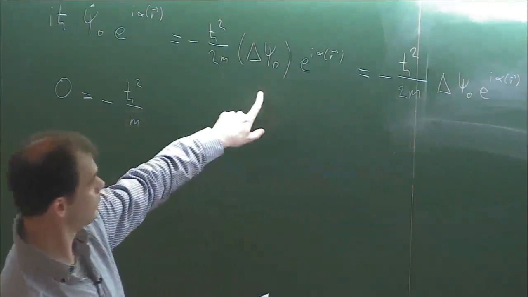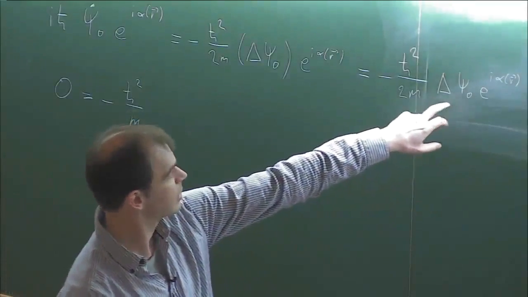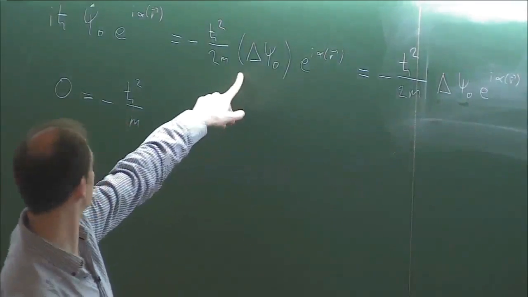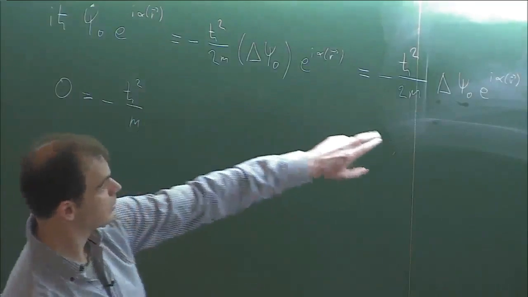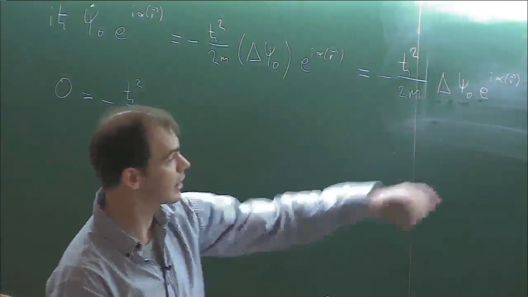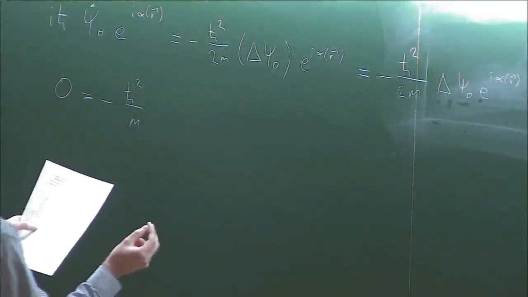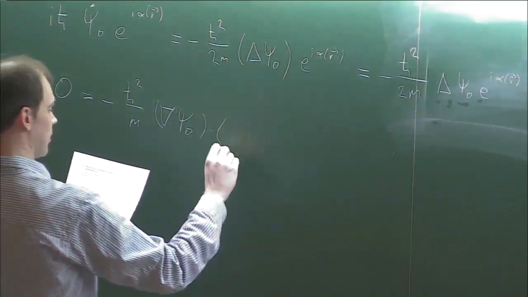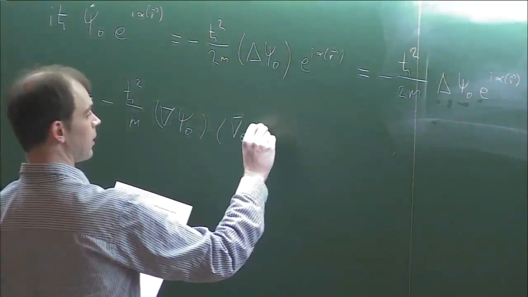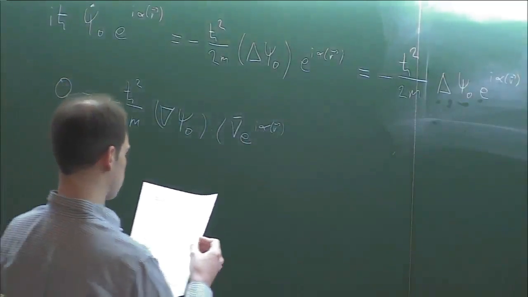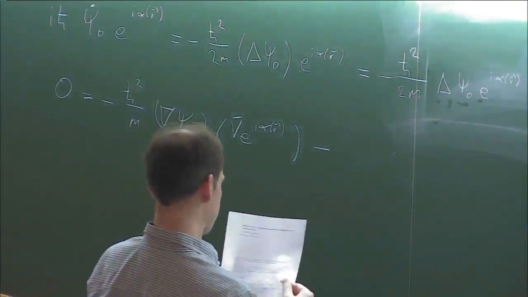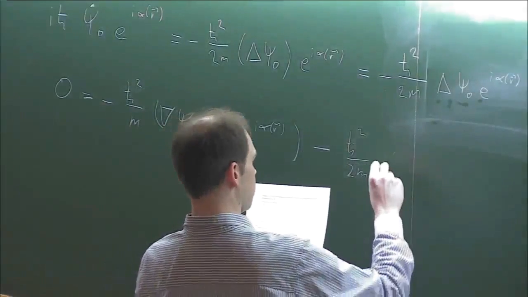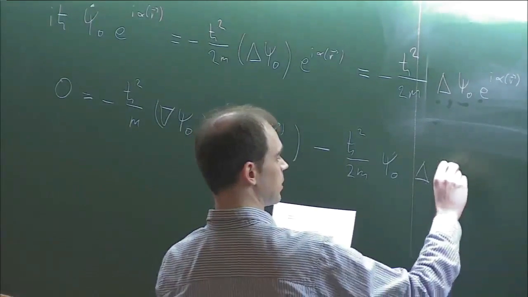So we take this equation now. When the Laplace operator is acting on psi 0 here, we get this term again. So we can cancel that on both sides. That's why we get 0. And then we get the term where one of the gradients is acting on the exponential function. So we get gradient psi 0 times the gradient of e to the i alpha, minus, then we get h bar squared divided by 2m psi 0 Laplace e to the i alpha of r